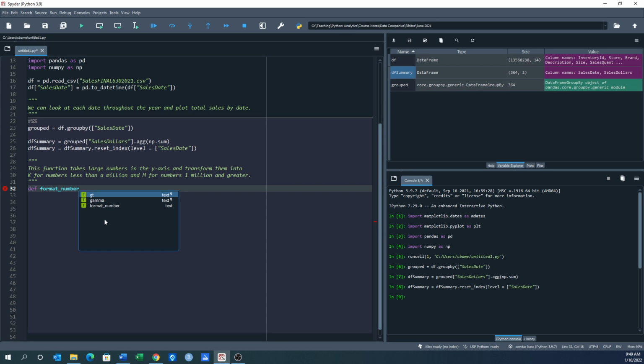We're defining our own function, and we're going to put in the data value and index. Okay, so that's what we're going to do, and colon. So if data value is greater than or equal to 1 million, right, colon,